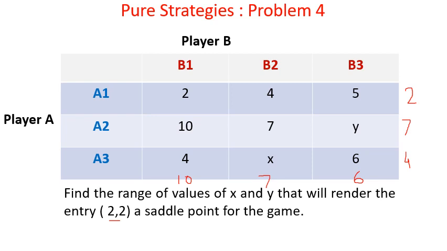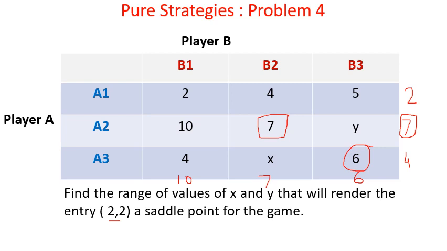Now this is the row minima, and out of this the maximum value is 7. Suppose I say this is the maximum value 7. This is the maximum value 7. So this is the value, and similarly here, out of this the minimum is 6. So without considering x and y, you can see here the maximum value is not equal to minimax. So saddle point does not exist now.